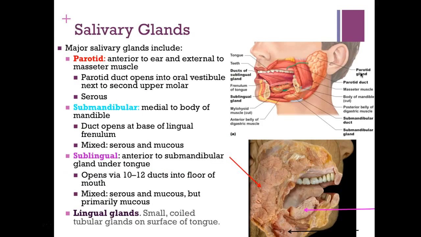So now we'll discuss our salivary glands. We've got 3 total. Our parotid gland is the largest one, and we're going to find it just anterior to the ear and external to this masseter muscle over here. You could see the duct coming out of that parotid gland that is going to open into our oral vestibule next to the second molar here in the upper portion. And this will secrete a serous type of fluid. Next, we have your